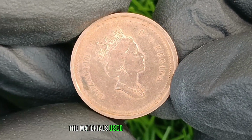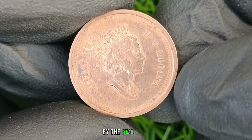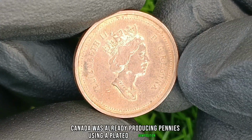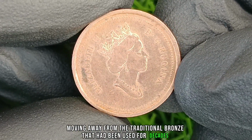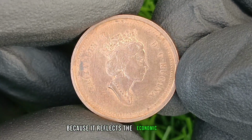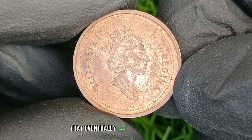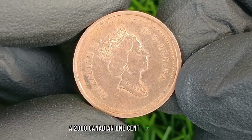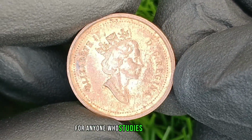The materials used in Canadian 1-cent coins also matter to collectors. By the year 2000, Canada was already producing pennies using a plated composition, moving away from the traditional bronze that had been used for decades. This shift is interesting to numismatists because it reflects the economic changes of the time and the cost-saving measures that eventually led to the penny being discontinued. A 2000 Canadian 1-cent coin is part of that change, making it historically important for anyone who studies coinage and